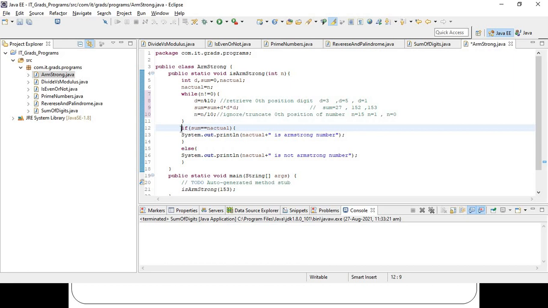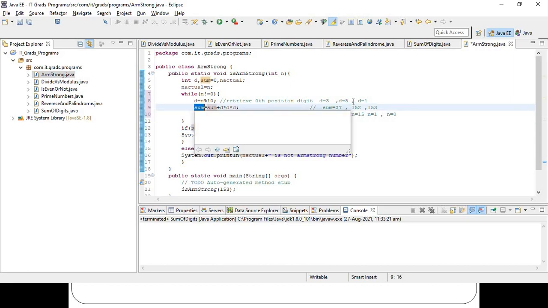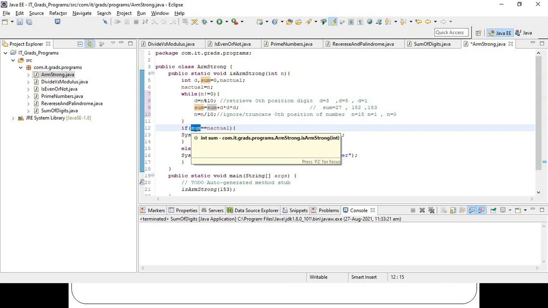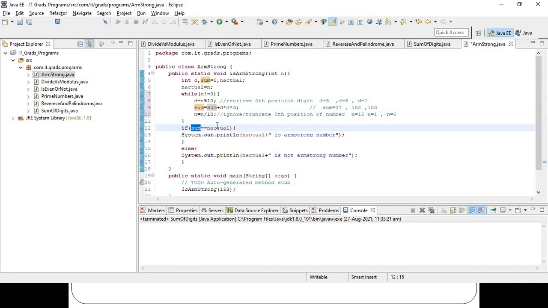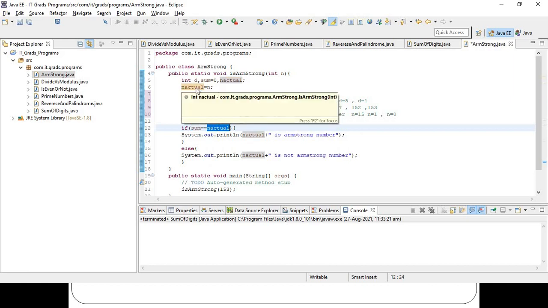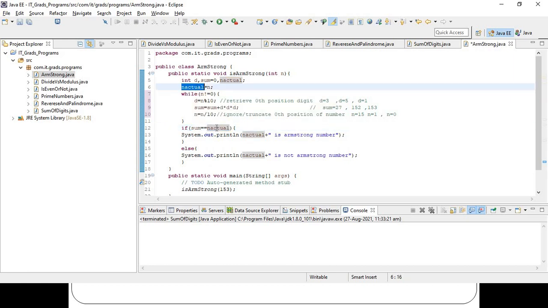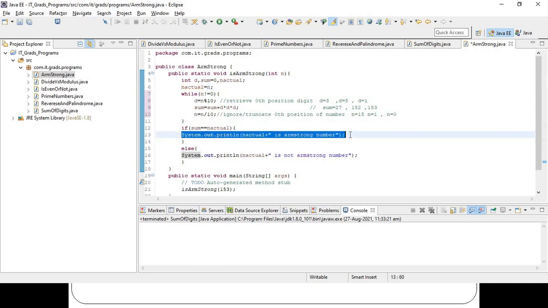What is the next step I am mentioning? Now sum is holding the sum of the cubes of the digits of that number. If that sum of the cubes of the digits of the number is equal to the actual number, which I have stored in n actual, then the if block will execute.